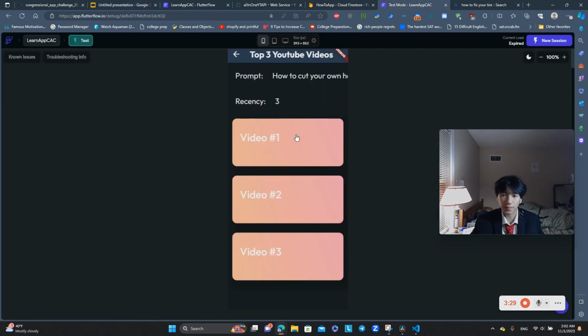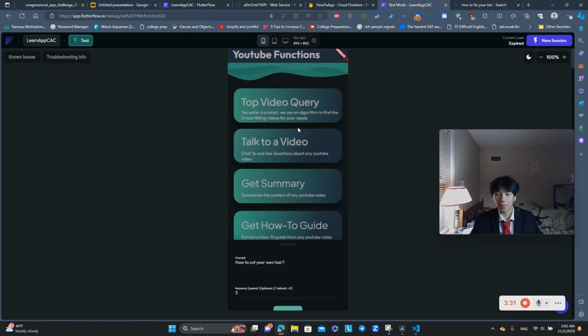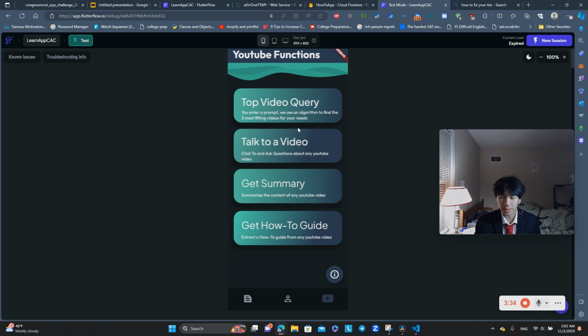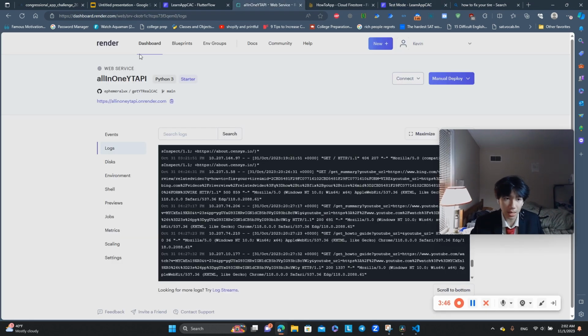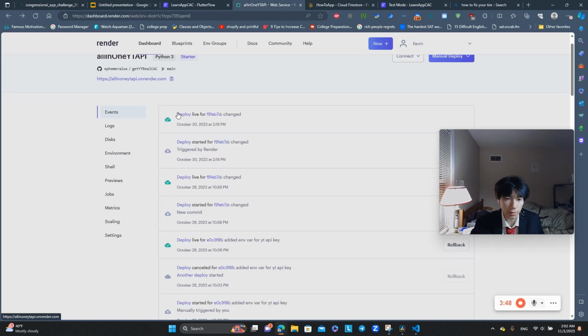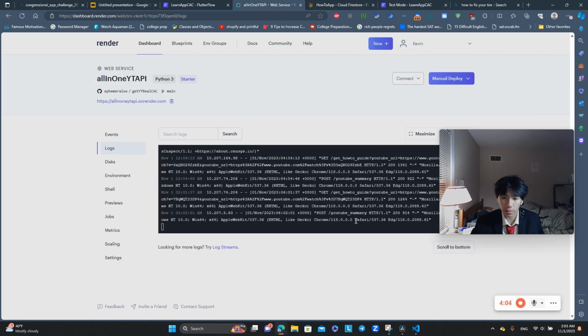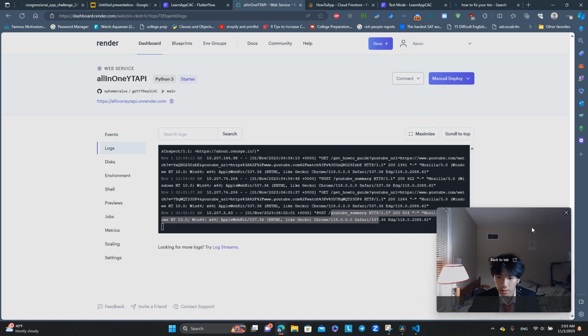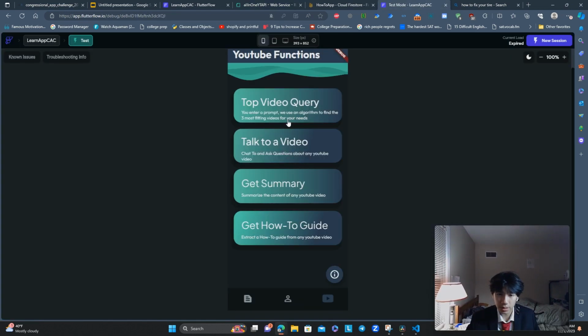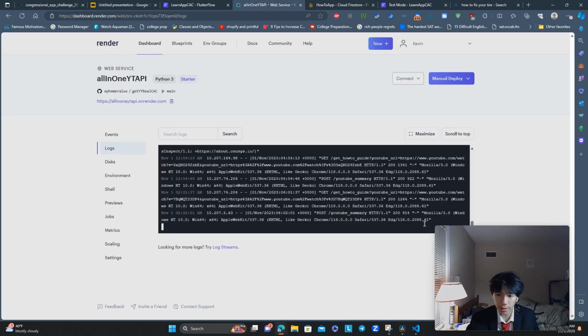Explanation. Okay, so basically what happens in this app is whenever a user sends a request, it triggers an API. The API does something, and the API is hosted on the cloud. Let's just do that right now. So here's my API. Here, it's hosted on render.com. If you look at right here, we just did a top video query,